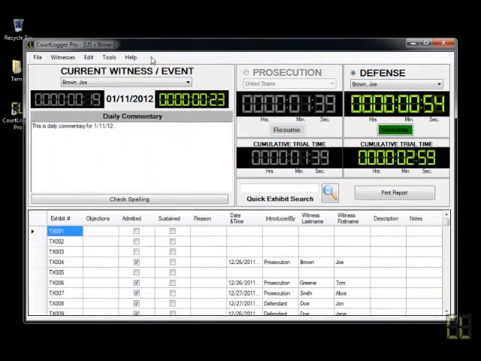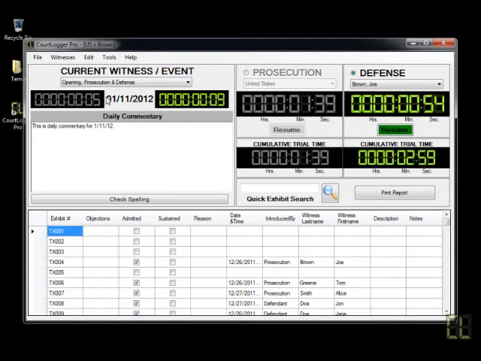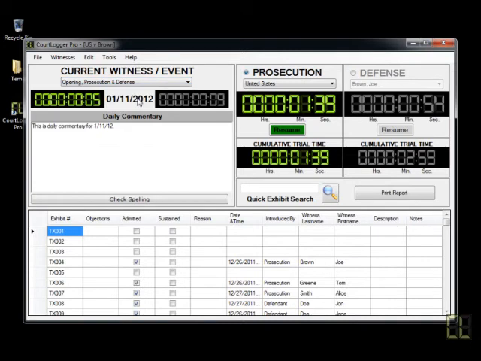Importing a witness list. Now, you'll notice here under the current witness and event that you have the witnesses and you have the different events like the closing, prosecution, defense, opening, prosecution, defense. If I choose that, you'll notice that the reason I added it that way, rather than saying opening prosecution and then creating another event called closing prosecution, is because you do have two timers here. You can choose your prosecution and then choose opening for prosecution and defense, and when you run these timers,